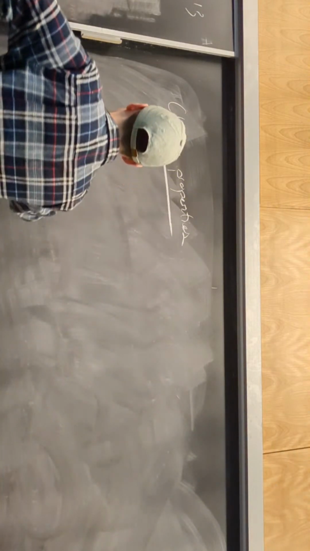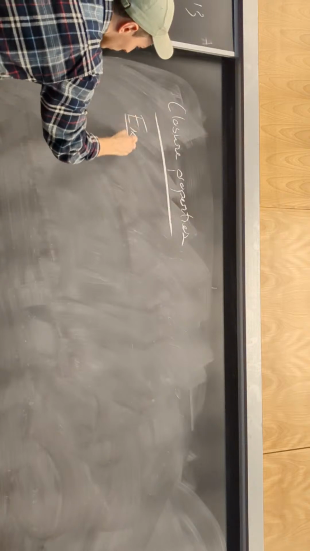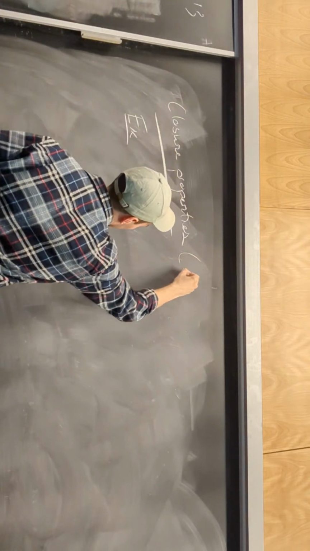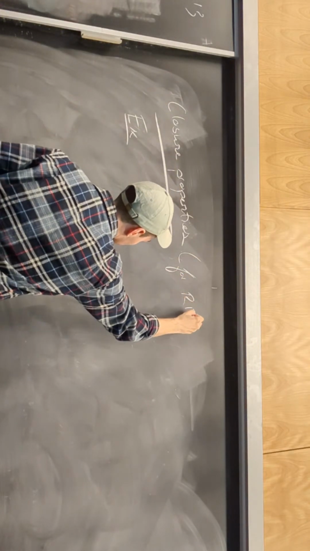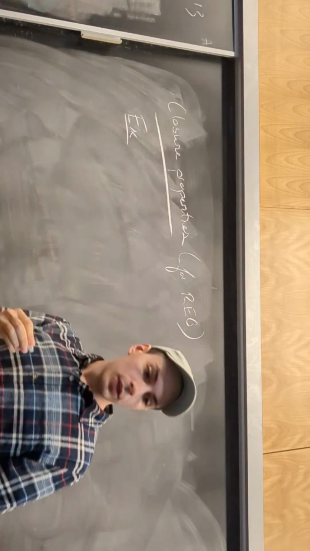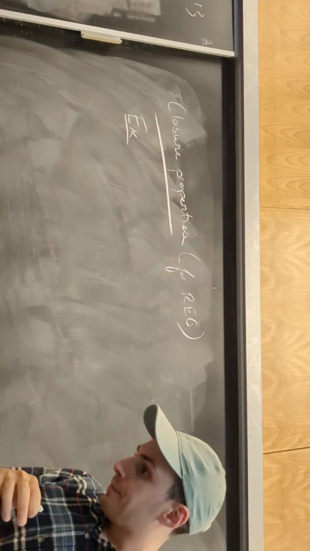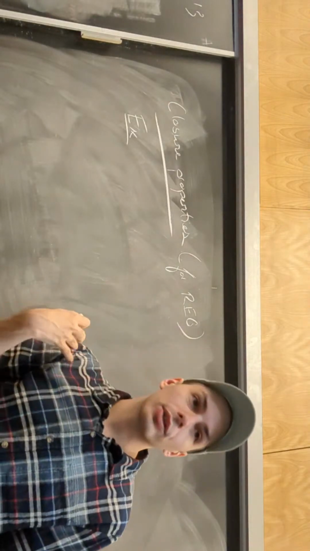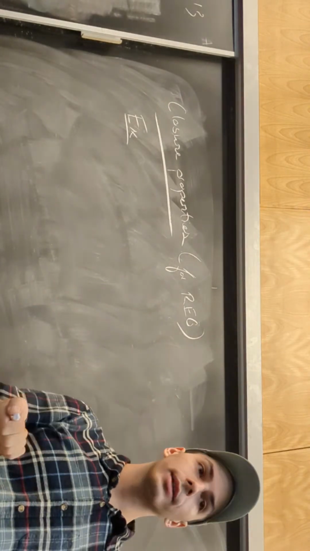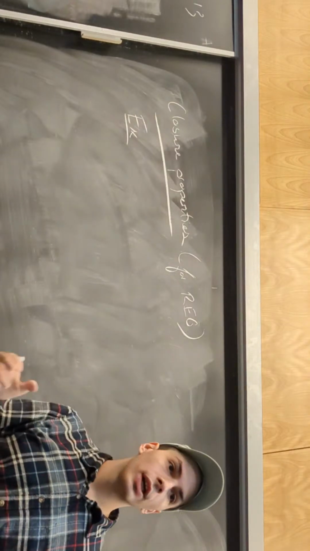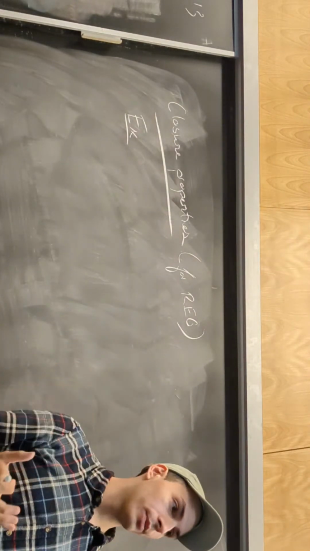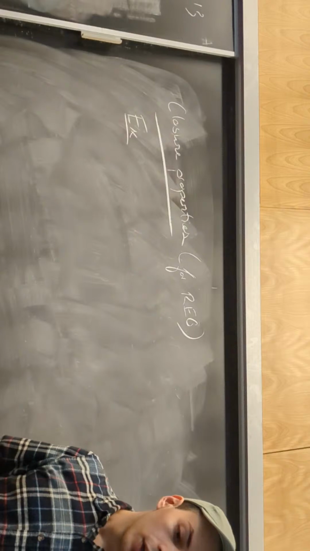An example of a closure property. So closure properties, to be specific, for regular languages. Closure properties are essentially set or language operations where, when you apply them to, in this case, regular languages, the resulting language always remains regular. So that's a closure property. So for instance,